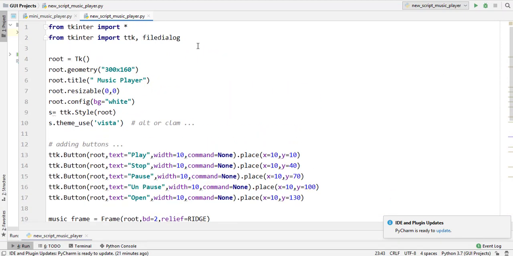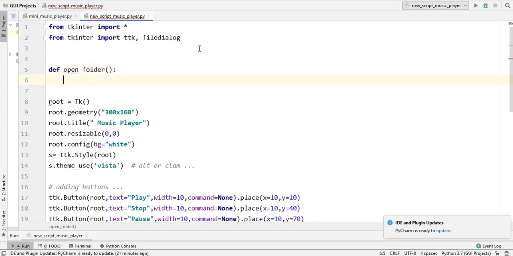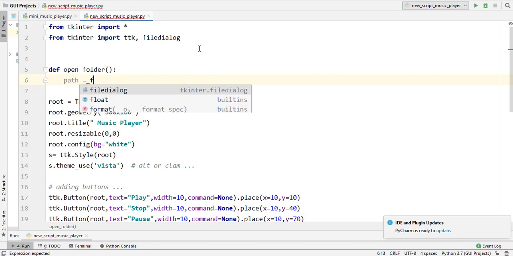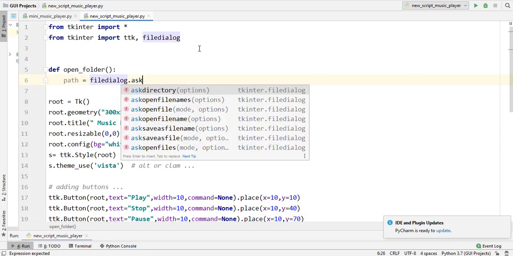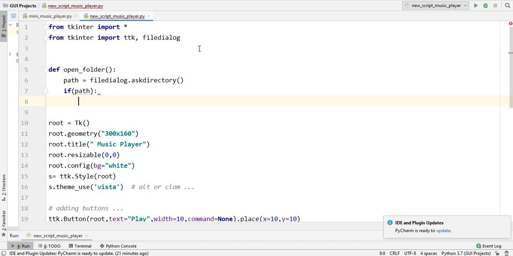I am creating the function at this position. Now define open_folder. Inside this I am passing path is equal to filedialog.askdirectory. Inside the directory, if user returns a path, then os.chdir.